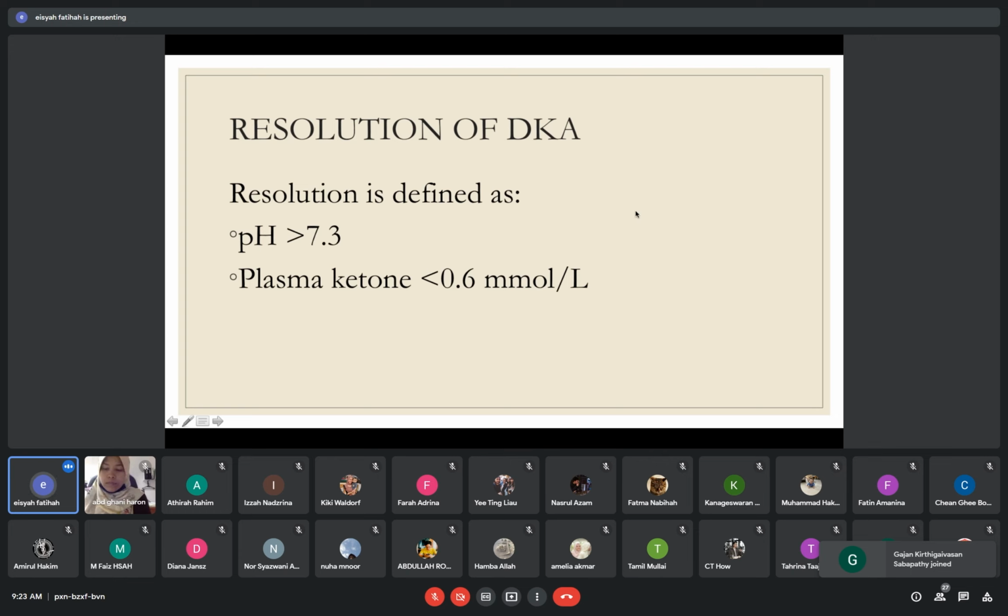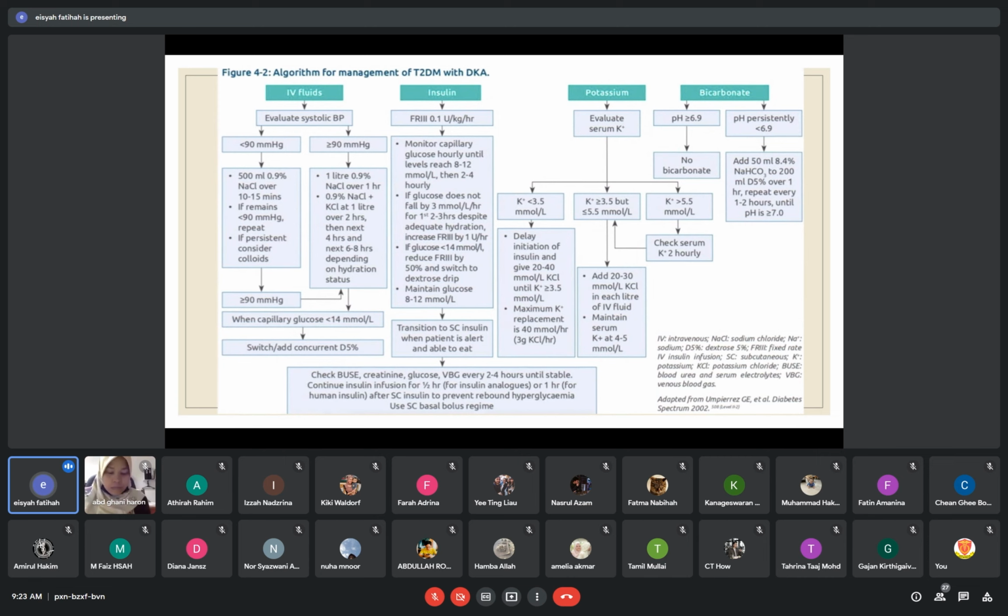The resolution of DKA is defined as pH more than 7.3 and plasma ketone less than 0.6 millimole per liter. So this is the summary of the management for DKA. As I presented earlier, the IV fluids, which can be divided into hypotensive, with SBP less than 90 millimeters of mercury, and more than 90, and insulin initiation, which is the rate 0.1 unit per kilogram per hour,